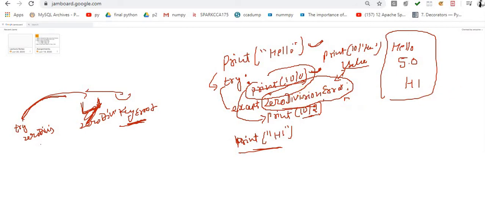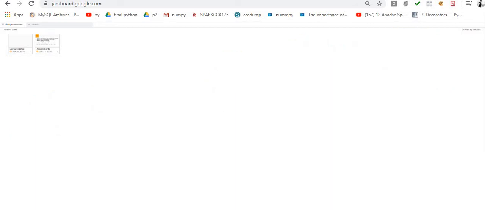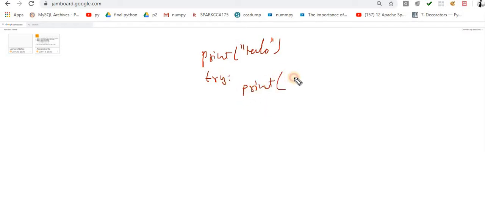Now if I clear all these things, okay, now understand it. One more I am writing. Hello. Okay, try. Now print 10 divided by 0, except ZeroDivisionError.